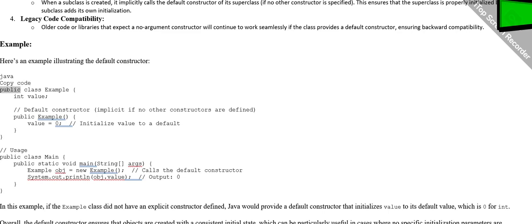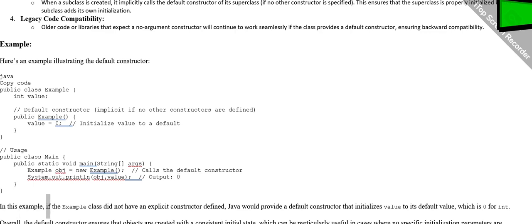Copy code. public class Example { int value; // default constructor, implicit if no other constructors are defined public Example() { value = 0; // initialize value to a default } } // usage public class Main { public static void main(String[] args) { Example obj = new Example(); // calls the default constructor System.out.println(obj.value); // output: 0 } }